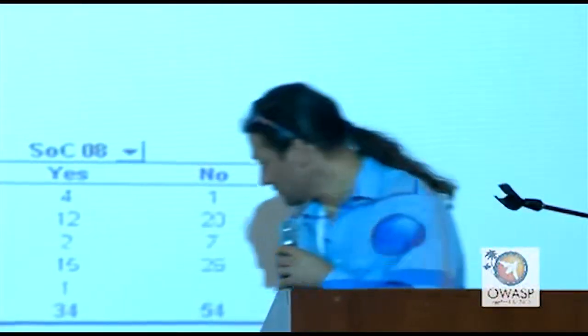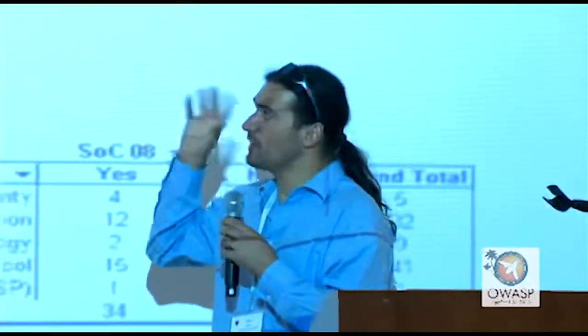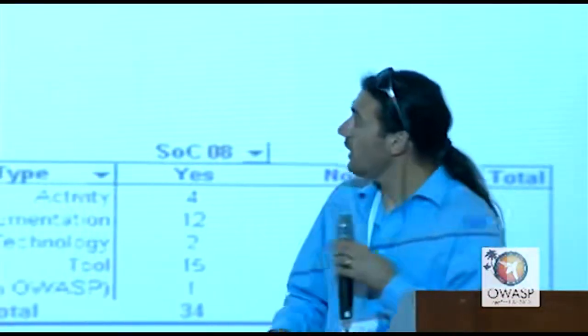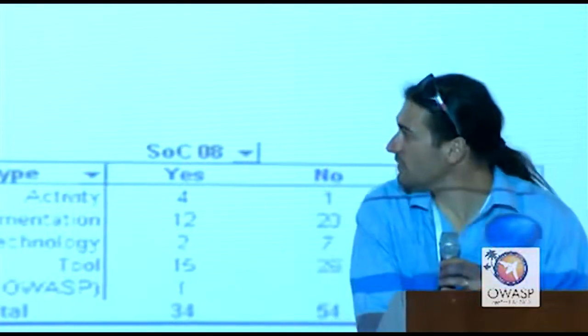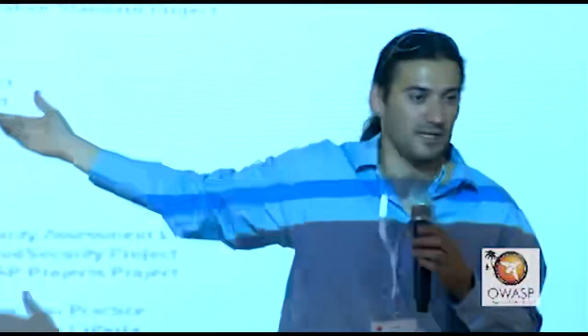through integration. I think this thing is a little bit out of date, but we have about 100 projects, a lot of tools, a lot of different things involved. We have a lot of documentation projects, and this is just a small number of them. Because this presentation is a year old, CLASP is still there, although it has been replaced by the OpenSAMM project, which is one of the projects I really would like to call your attention to, because it's a really key project for OWASP.